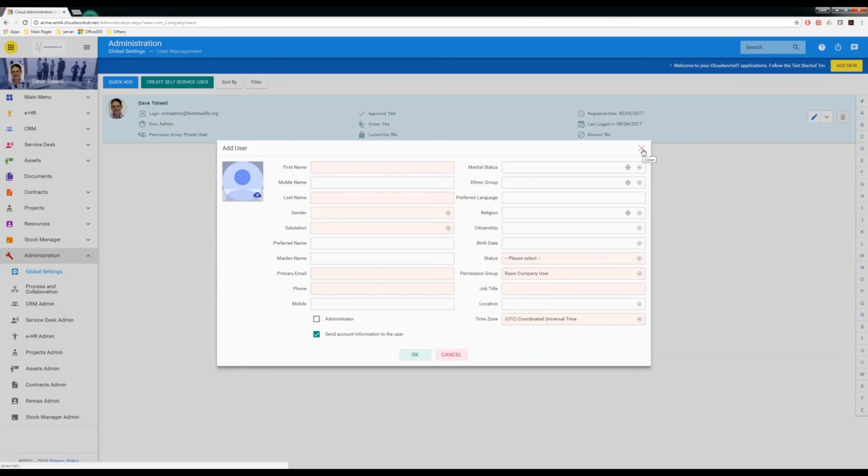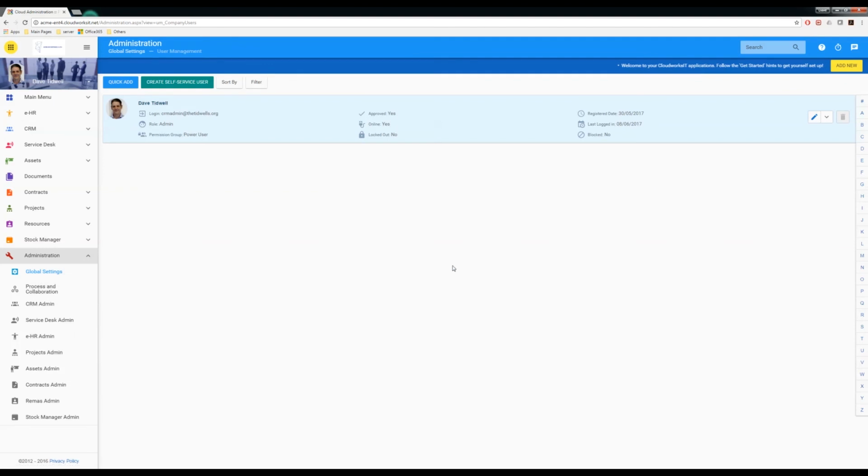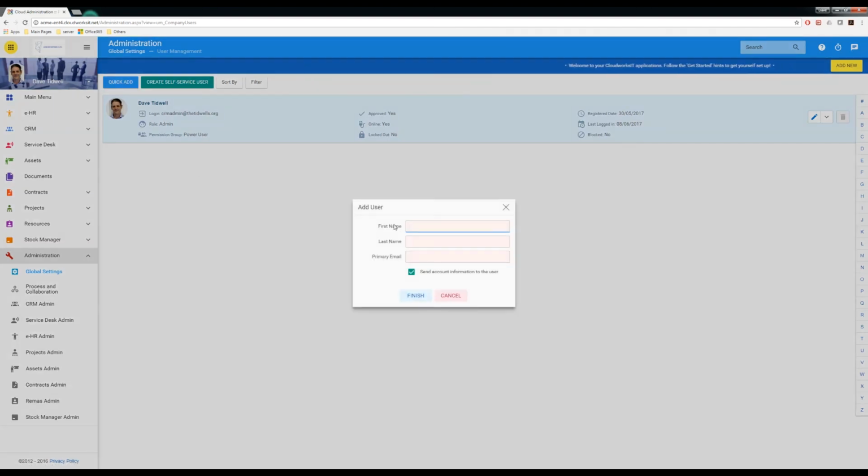A lot of people don't fill in the form completely. They leave it at its most basic sense and simply use the quick add function, because all you need is a first name, a last name, and the email address. Everything else, including establishing the full record in CRM and HR and the rest of the areas of the solution according to the applications enabled for that user group, will be done by that user when they first log in. So we'll look at that